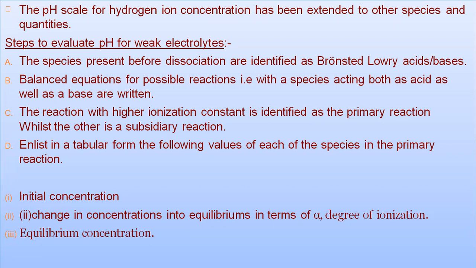Next step is balance the equation. Balance the equation for the possible reaction in which a species acting both as an acid as well as a base is written. Next, the reaction with the high ionization constant is defined as the primary reaction, while the other is a substitutory reaction. For example, if I react HX with water, if we consider the previous reaction, what happened